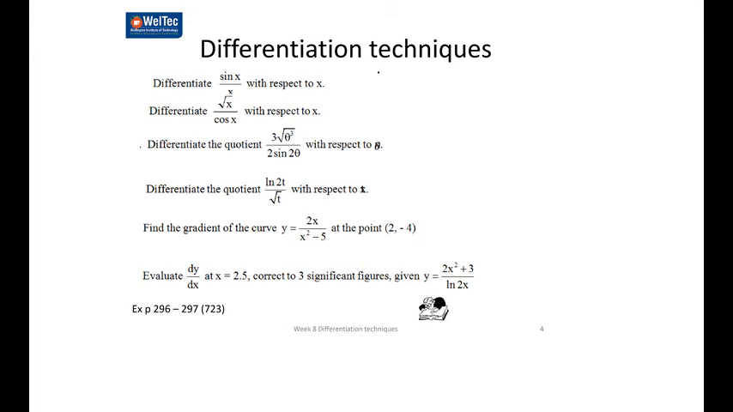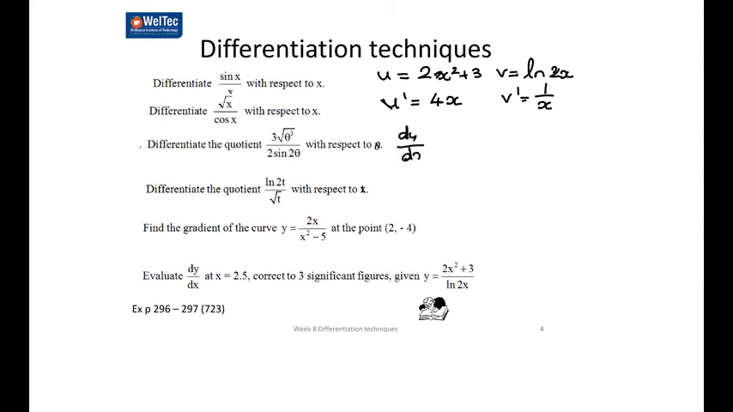So let's make u equal to 2x squared plus 3, and v is equal to natural log of 2x. So u dash is equal to 4x, and v dash is equal to 2 over 2x, which is just 1 over x. So now